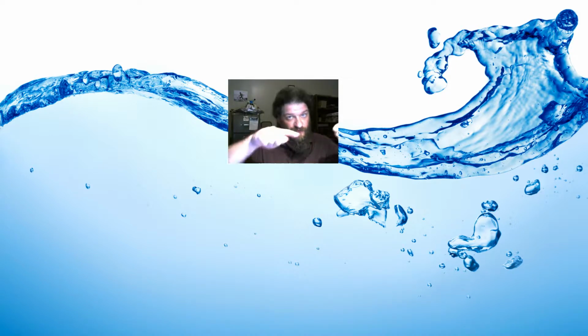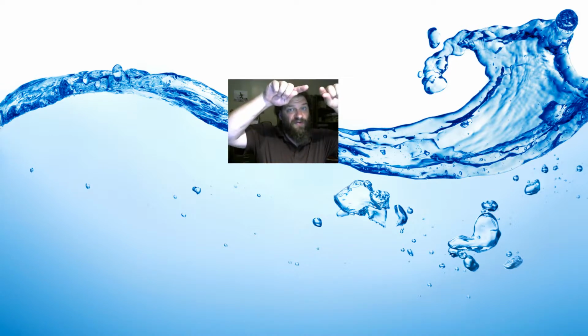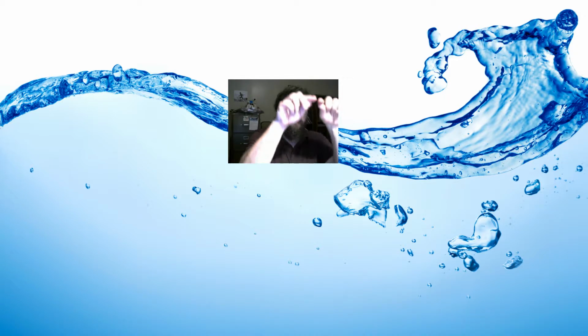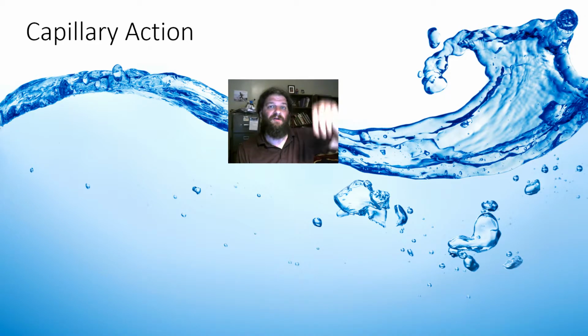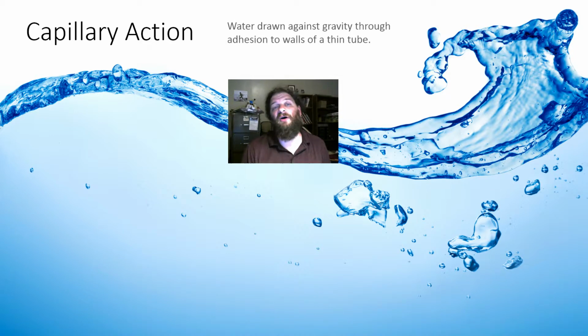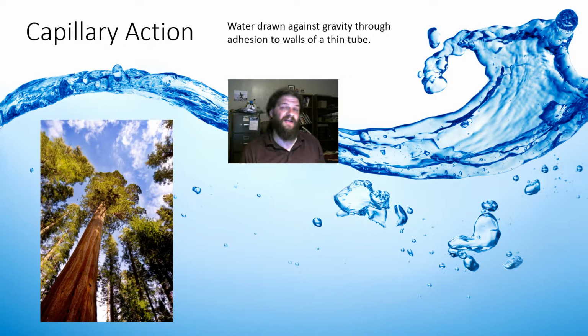If I take that graduated cylinder and make it more and more narrow, smaller and smaller, eventually you're not going to see the meniscus. All you're going to see is where it's pulled up the sides. And as it gets smaller, it's going to pull it further and further up the sides. We call this drawing of the water against gravity up the tiny tube capillary action. And plants take advantage of this to go against gravity and pull water out of the ground up into the leaves of the plant. Unfortunately, capillary action is only going to get you about 3 inches or so,